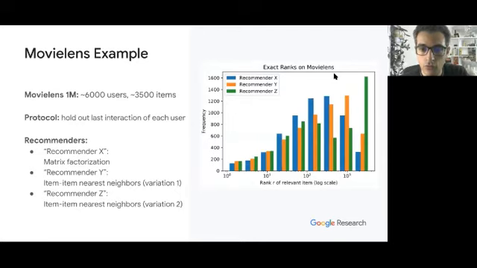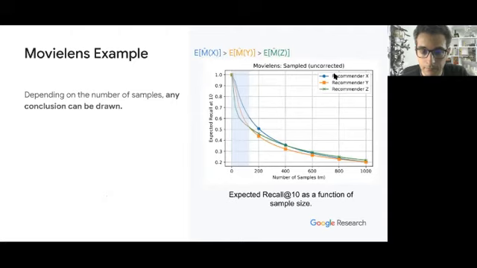Here's the distribution of the true ranks for each of the 3 algorithms. As we saw earlier, when the distribution of true ranks changes, the bias of the estimate may change in such a way that the metric becomes inconsistent under sampling. In this experiment, we will verify that this is indeed the case in a real application. Let us look at recall at 10. Here, we plot the expected recall as we vary the sample size M. Depending on the sample size, different conclusions can be drawn.